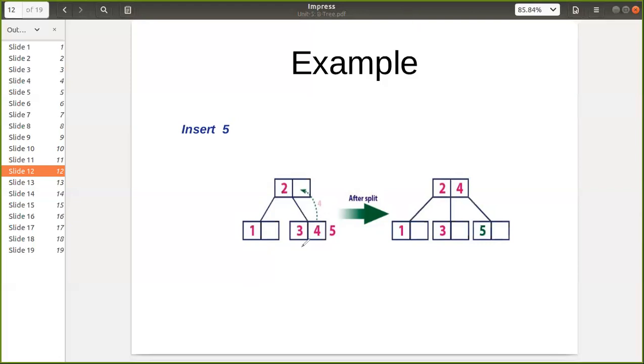So here we'll be having 3 as one node and 5 as another node, and this 4 will be shifted above. We can accommodate this 4 here, so 4 will be inserted here. The left link of 4 will get assigned to this 3, and the right will get assigned to 5.